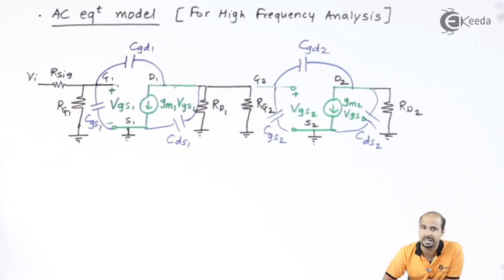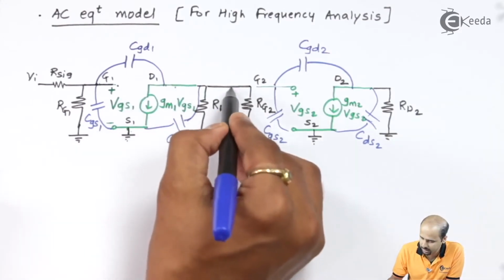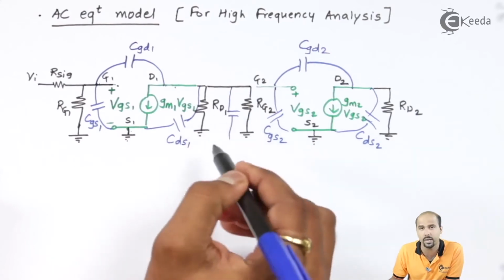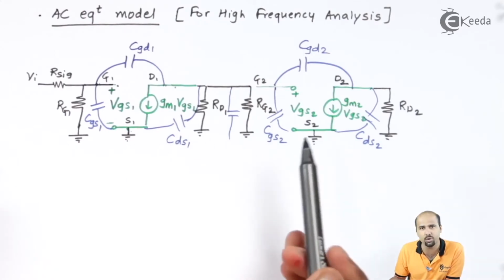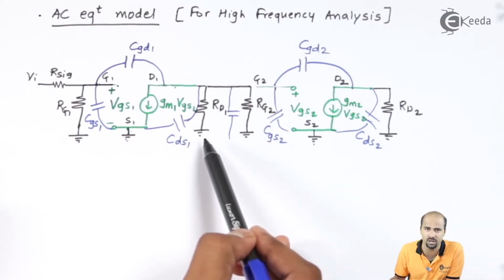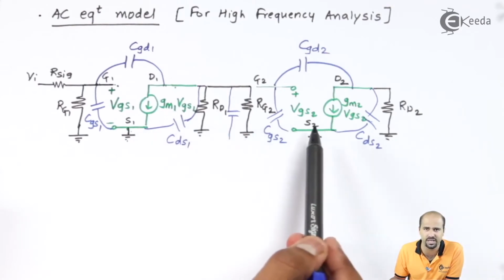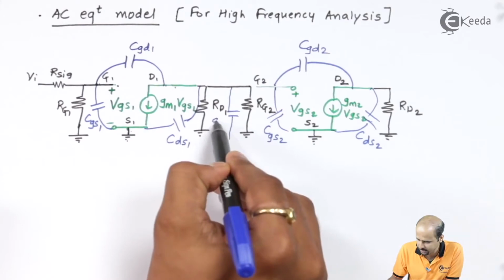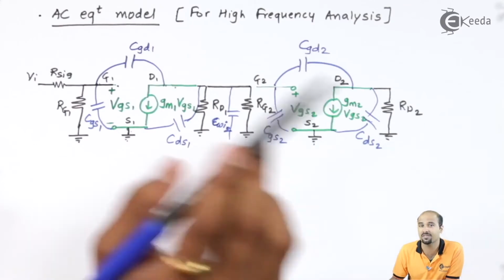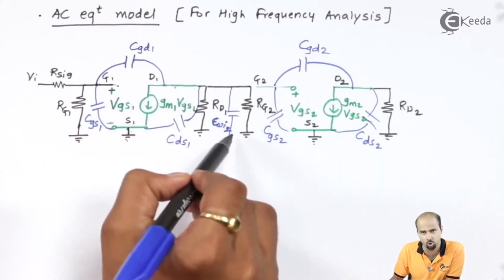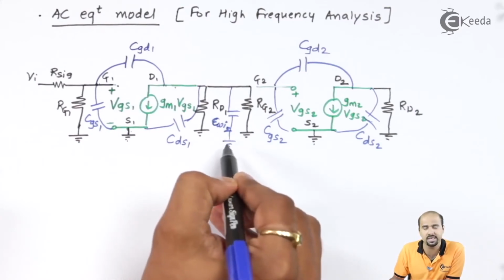Other than that, practical capacitances are obtained from contact capacitances. Whenever stage 1 is connected in cascade with stage 2, there will be contact wiring capacitances. So that capacitance is called the wiring capacitor at the input as well as output side. Whenever stage 1 is connected to stage 2, it is the wiring capacitor at the output side of stage 1 or input side of stage 2. So I am writing this as CWI2. It's the wiring input capacitance at stage 2, and that is nothing but the CWO1.